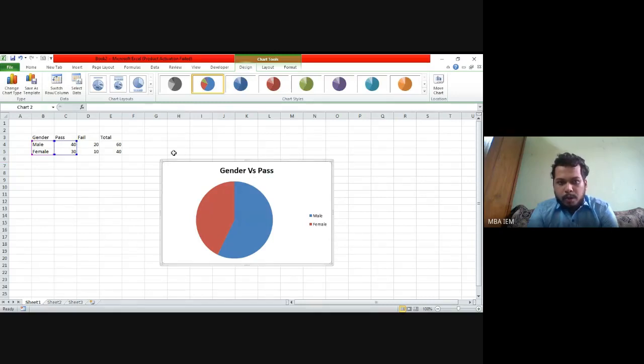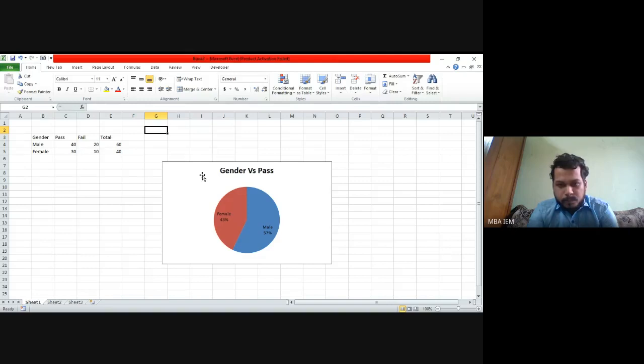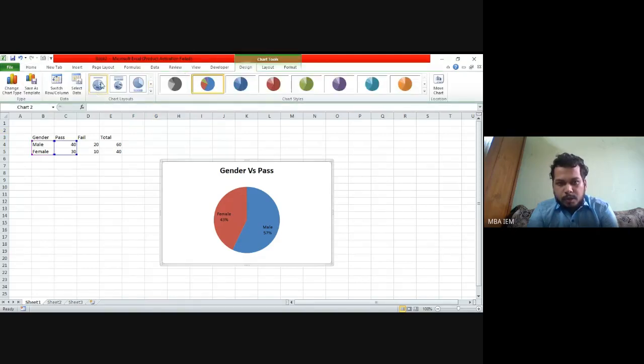Now talking about this one, just in case you didn't see it, this is the layout that I selected because this gave me the exact percentage of female and percentage of male.